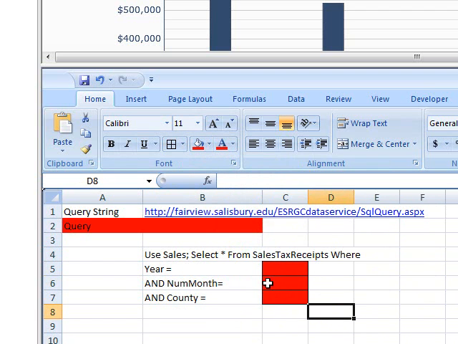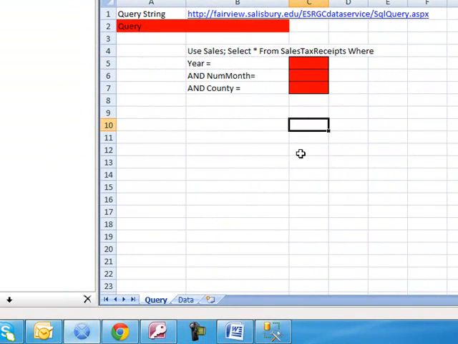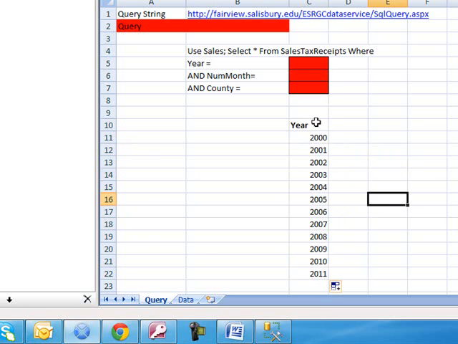So we're going to populate these guys with appropriate things. Now, year could be any number of years. Say this goes back till 1990 or to 2000 or something. So here we have all of our possible years. Great, and we're going to use this as a list to populate this. Month goes 1 through 12. And county,